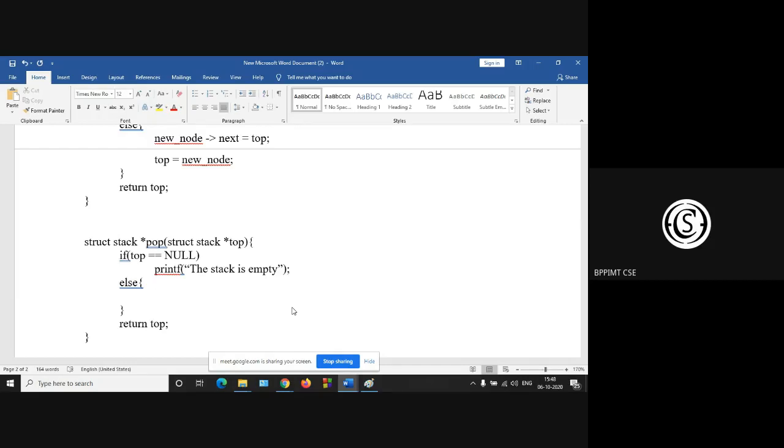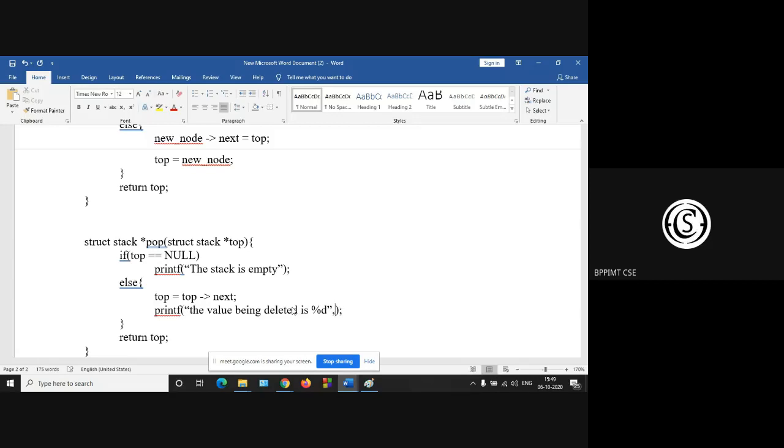So what will be the condition? The condition is top is equal to top next, and printf the value being deleted is %d.